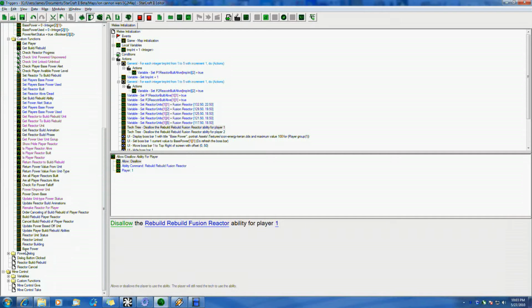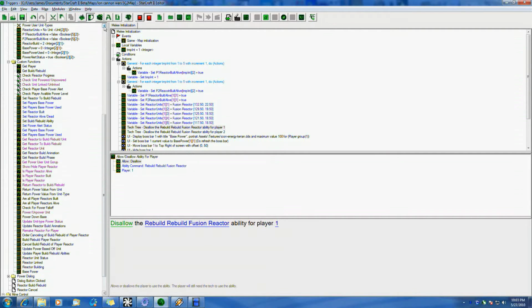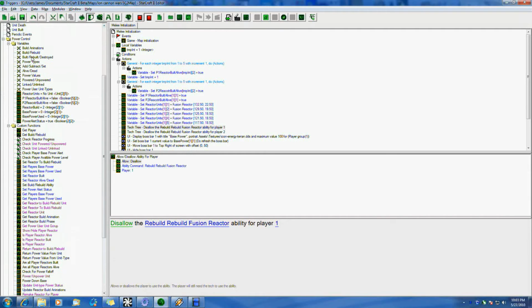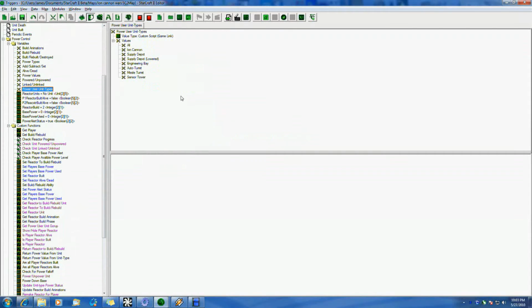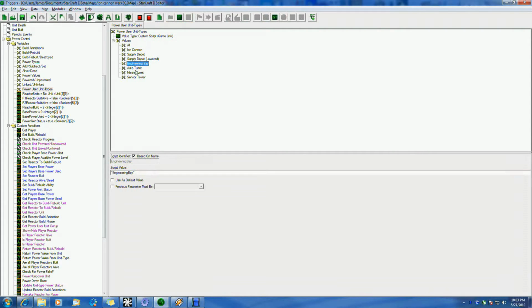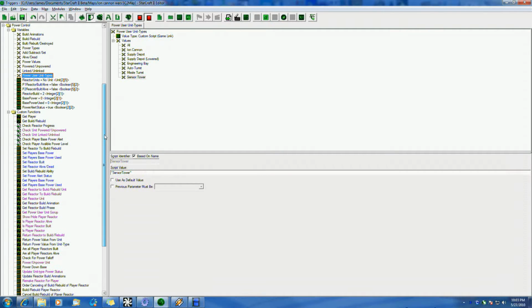So we understand roughly how presets work and how they're used and why they're used, but how do we actually use them? Well, like I showed you, when you're having a custom script type or anything like that, you want to simply convert the preset from that type to the type that you want to compare it to. In this case, I have unit types that I'm trying to compare to, and what I need to do is